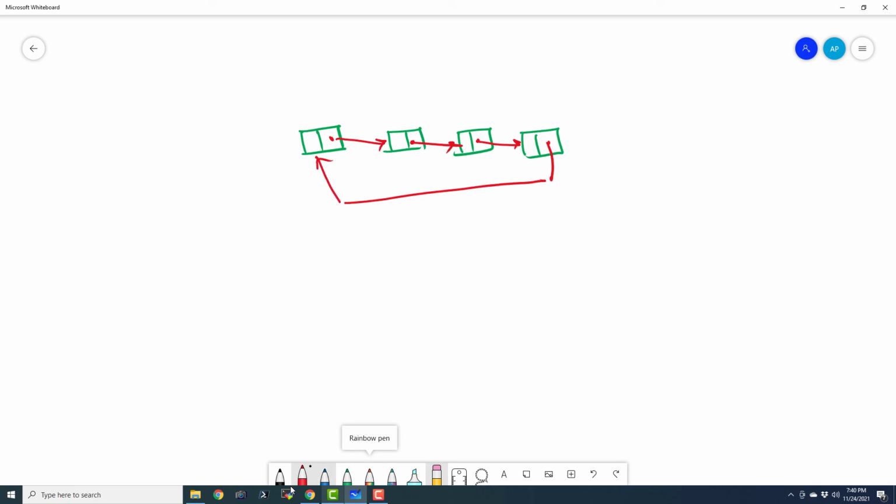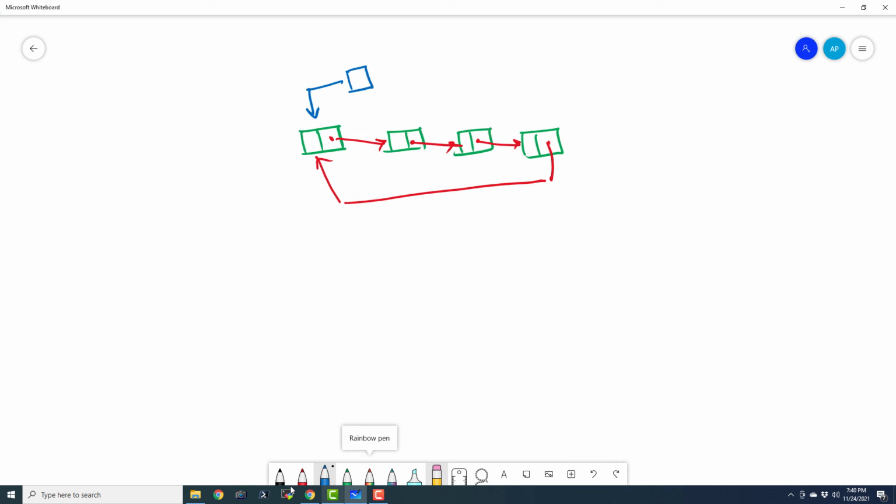And here we have the head node. This is the head node and it is pointing to the very first node. So this is something we call a circular linked list, and it also has various applications. Now the best thing about this circular linked list is that we can go into the loop, and suppose I have to perform some action and then I'm at the end.